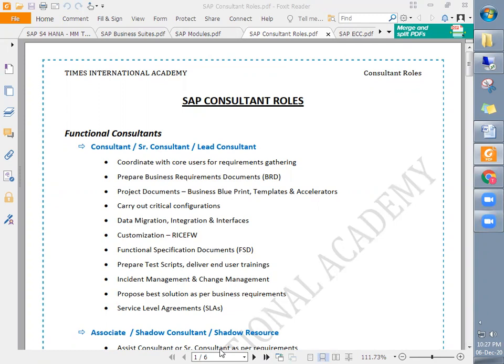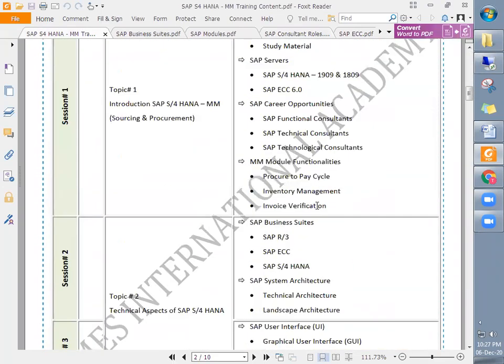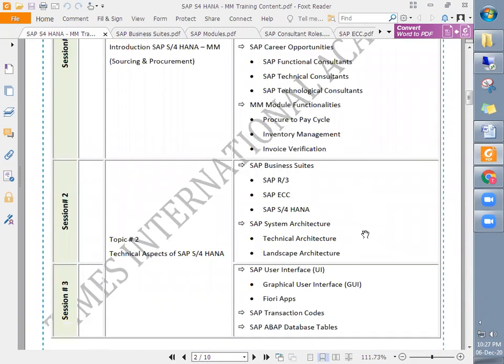I just need to know, as this is SAP MM HANA training, how much knowledge must we have about ECC MM? Is it necessary? No need. If we look at the syllabus, the difference between ECC and S4HANA is that S4HANA is the latest version of ECC.